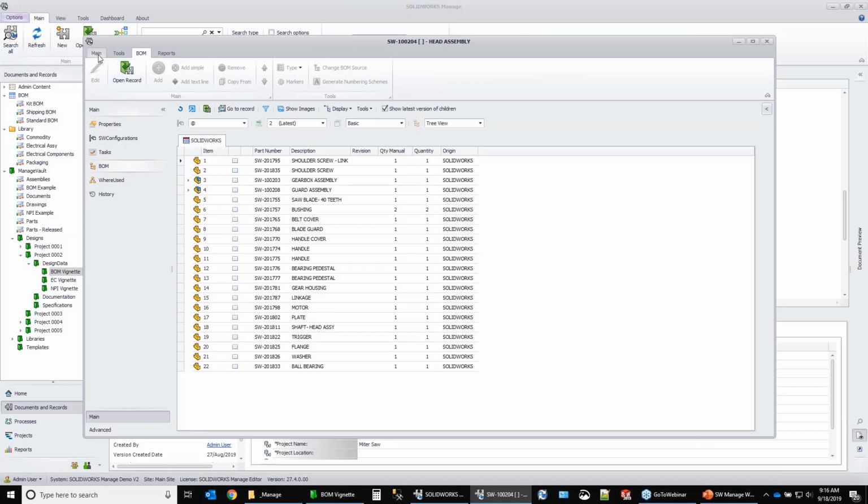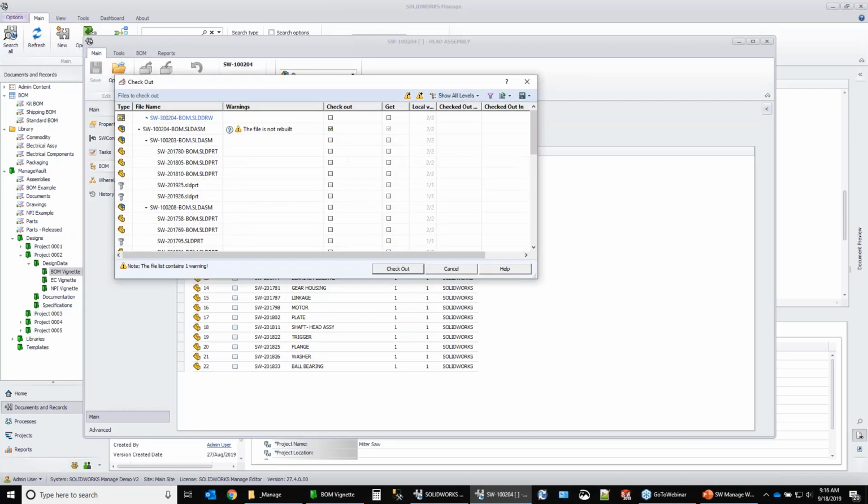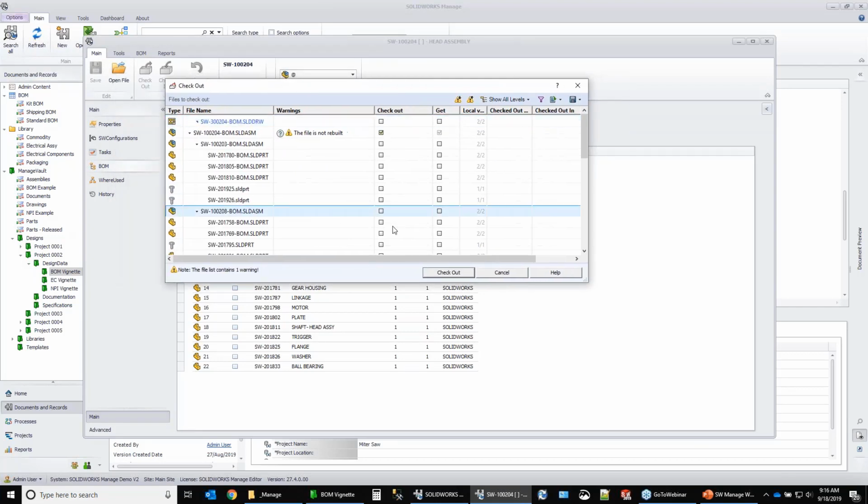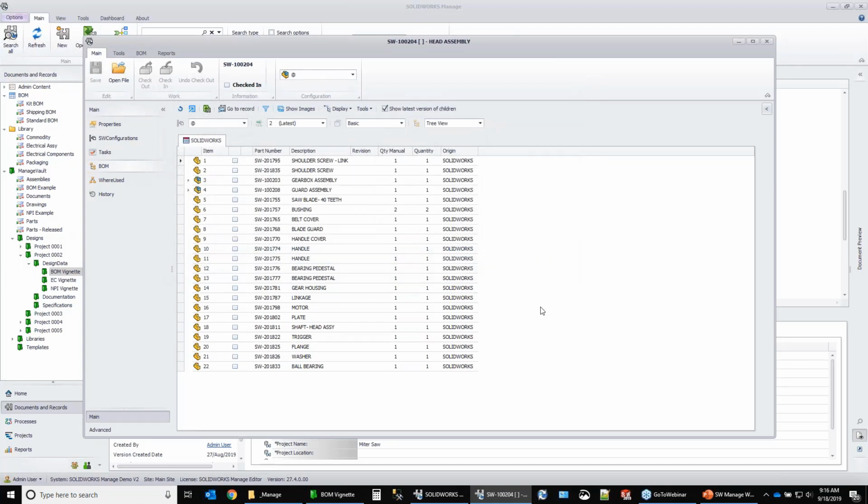So to edit this, obviously this is a file-based record, a PDM record. You're going to be editing it, so you need to check it out. And you'll notice when I check it out, it brings up that standard PDM checkout dialog. So I'm actually checking out of PDM also, because I'm doing this on the PDM record level, if that kind of makes sense here. So once I check it out,